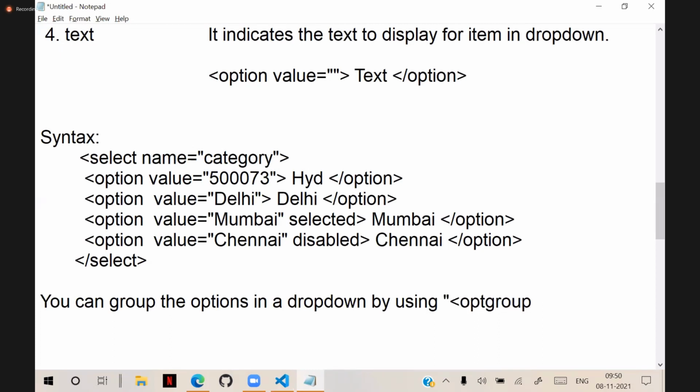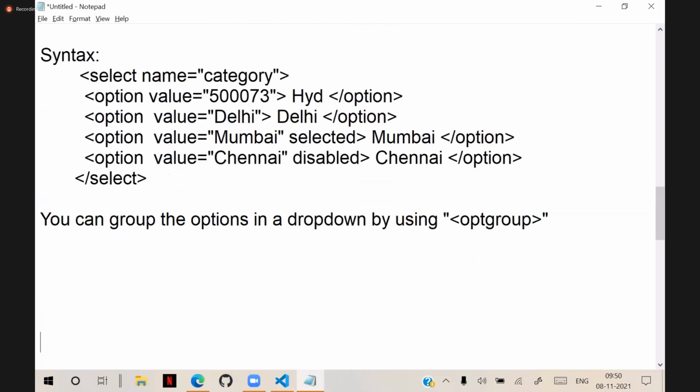We have optgroup. We can have an optgroup, that is option group. So that means we have an optgroup. This group will have a label as